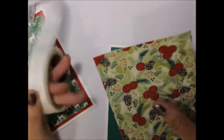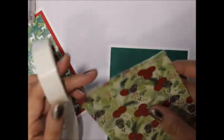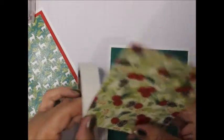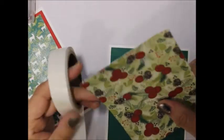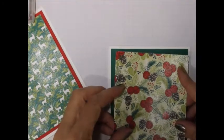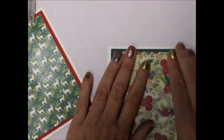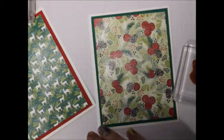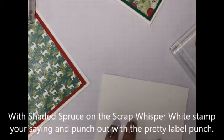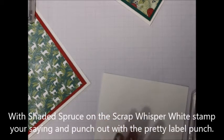I'm going to place this one on here. And I'm hoping I can make like 50 of these in the next couple of days so I can get my Christmas cards out. And again, like that. Then I am going to take a piece of scrap Whisper White,